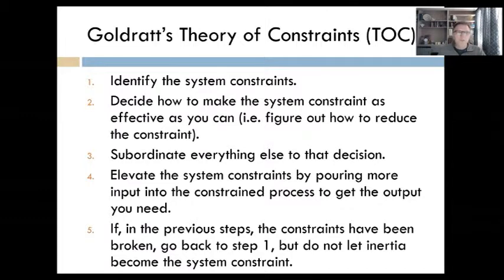You just keep working this process over and over. When it says don't let the inertia become the system constraint, what Goldratt means is: don't get so tied up with over-fixing a process that you make it the constraint. Sometimes the inertia of a good idea keeps us hyper focused on eliminating problems at one step of the process. Once that's not the constraint, move on to something else.